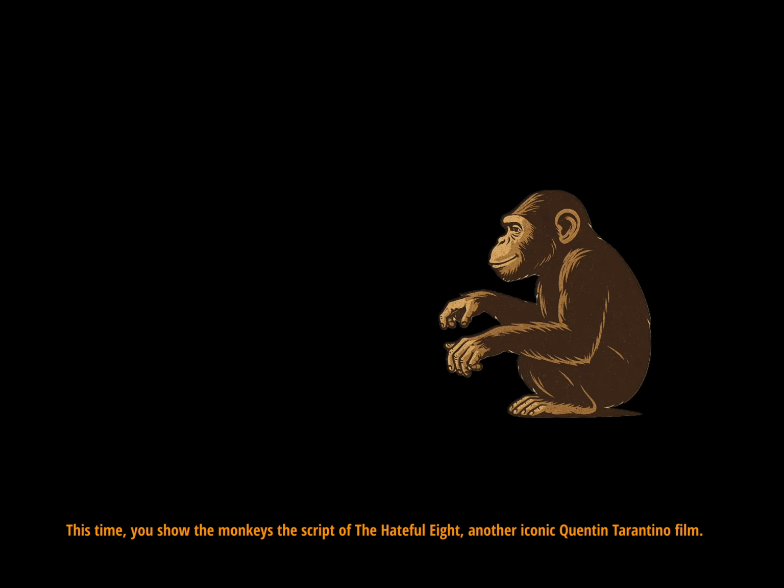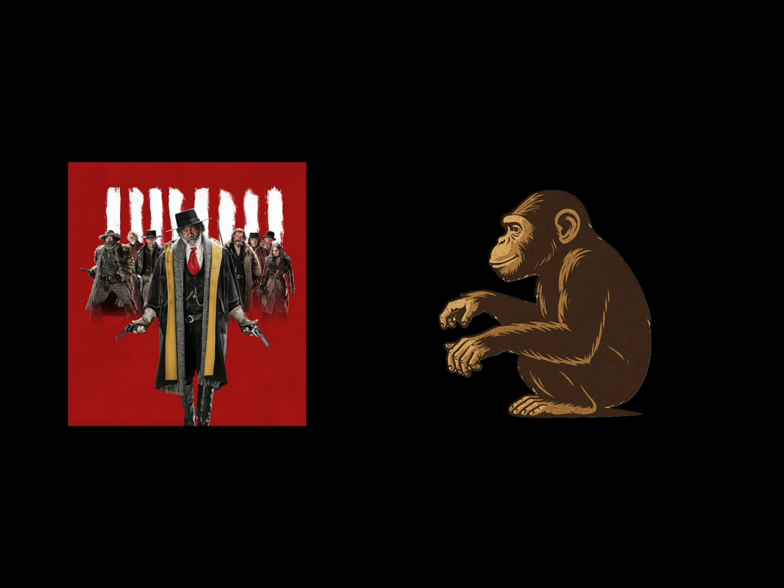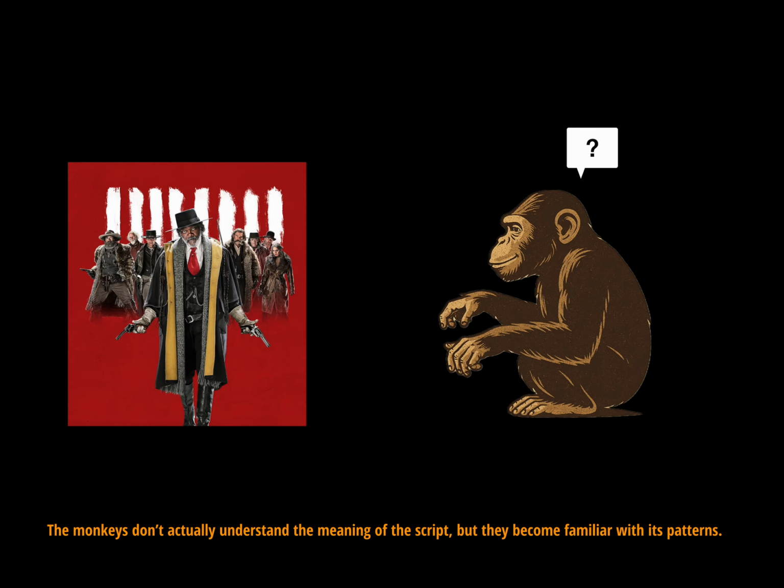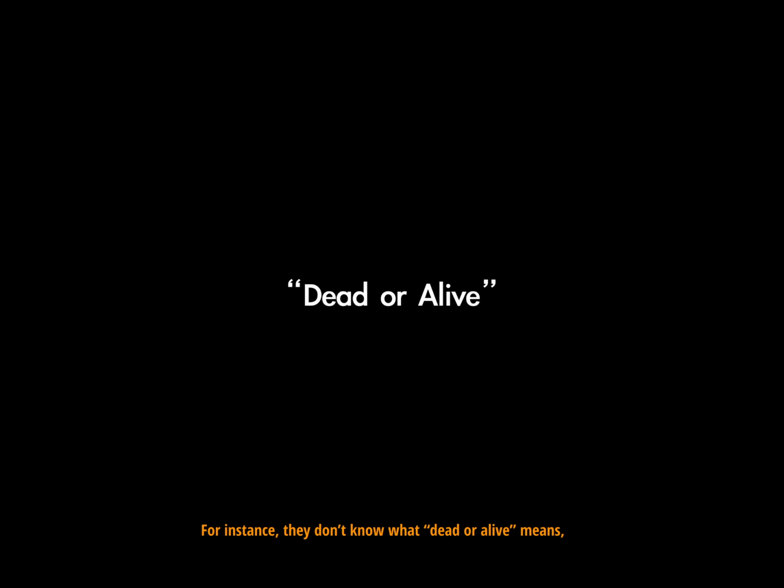Let's take a step even further. This time, you show the monkeys the script of The Hateful Eight, another iconic Quentin Tarantino film. The monkeys don't actually understand the meaning of the script, but they become familiar with its patterns. For instance, they don't know what dead or alive means, but they start recognizing that the token alive often follows